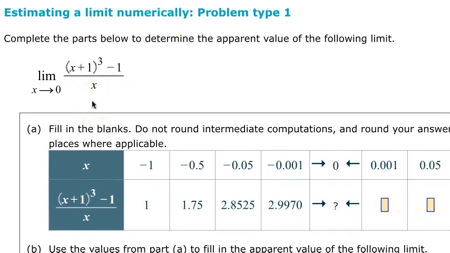well, why don't we just go ahead and plug in the value of x equal to 0 into our expression? And when we do that, we get 0 plus 1, which is 1. And then when we raise it to the third power, it's 1. So in the numerator, we have 1 minus 1, which is 0. And then when we substitute in x equal to 0 in the denominator, we also have 0. And so we have 0 divided by 0, and that is indeterminate. In other words, that expression, 0 over 0, could have a whole host of possibilities, and we'll see one of